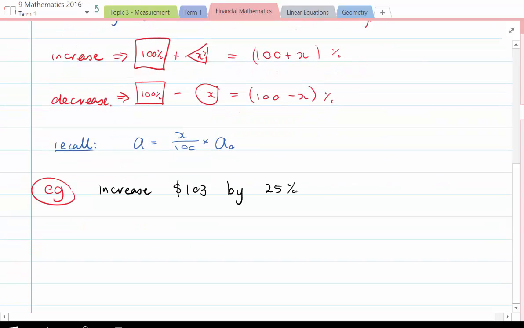Okay, so we'll look at increasing $103 by 25%. So the first thing we need to do is, if we're increasing by 25%, what's our new percentage? So our new percentage will be original 100% plus 25%. So we're looking at 125%, which means that the problem we're actually trying to solve is that we're trying to find 125% of $103,